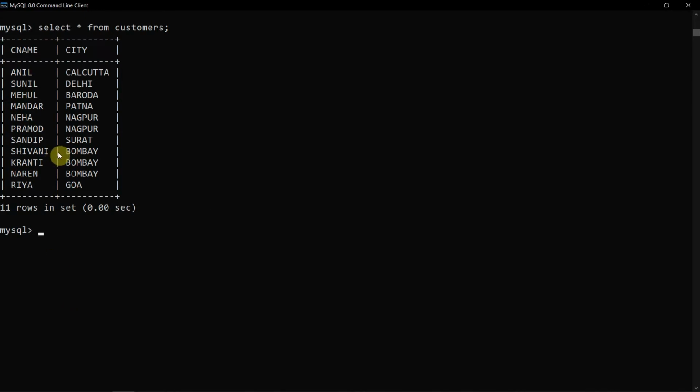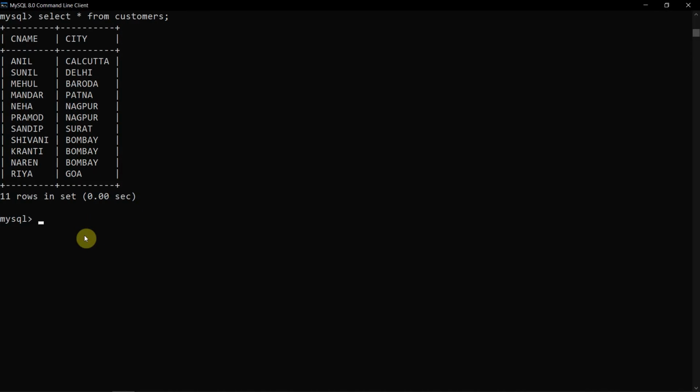Here there are multiple cities which are repeated, that is Bombay or Nagpur or something like that, right? So I have to group them. I want the data which is not showing all these names multiple times, but is giving you a single name itself. So this is how you get the data of multiple entries in one. They are grouped into one, that is all the group of Bombay is combined and Nagpur is combined, etc.